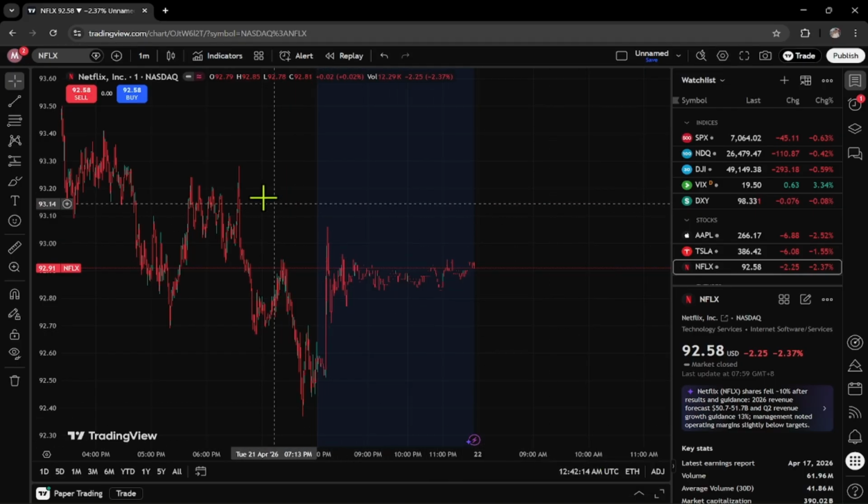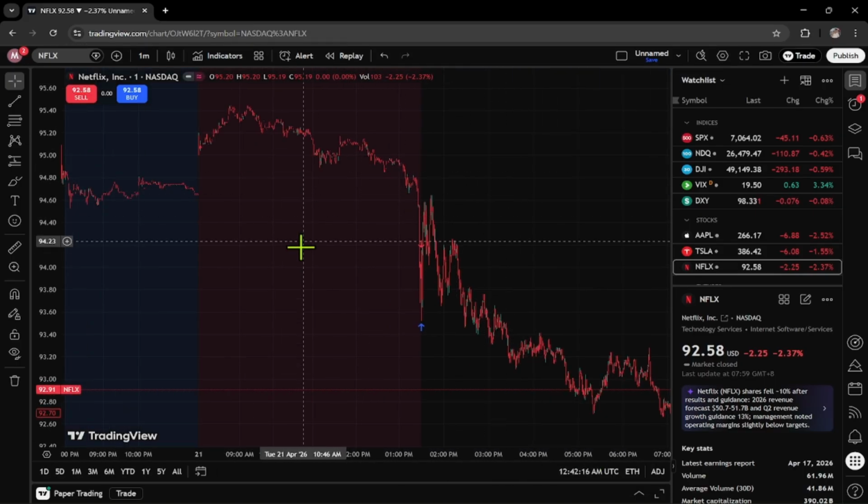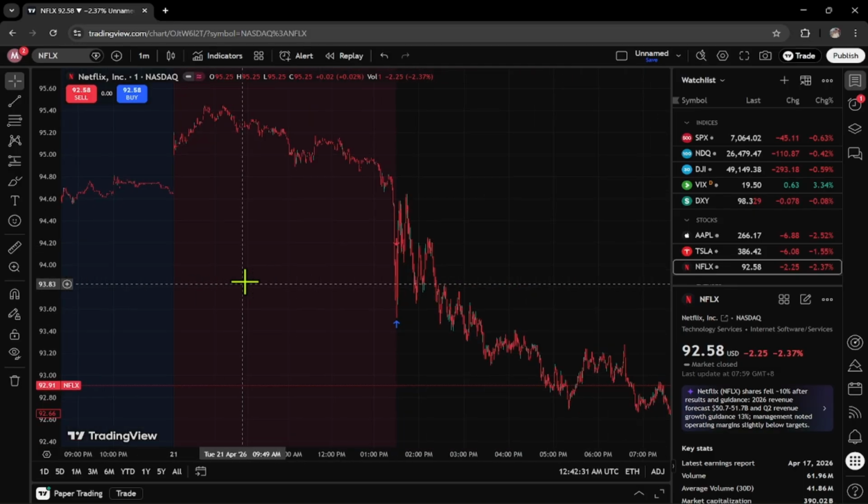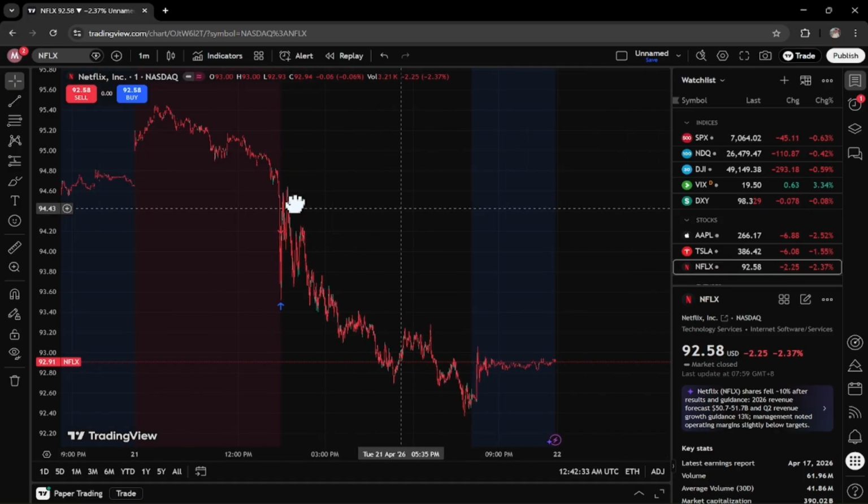Once it's enabled, you'll be able to see the price movement outside the regular market session. TradingView says the extended session includes the regular session, plus the pre-market and post-market subsessions, although some symbols may have only one of those instead of both. So, on supported US stocks, this is how you can see what happened before the opening bell and after the